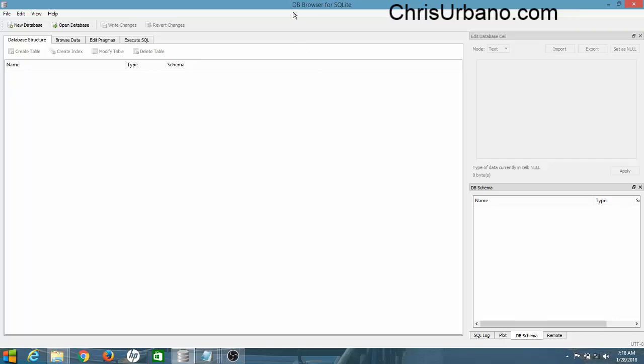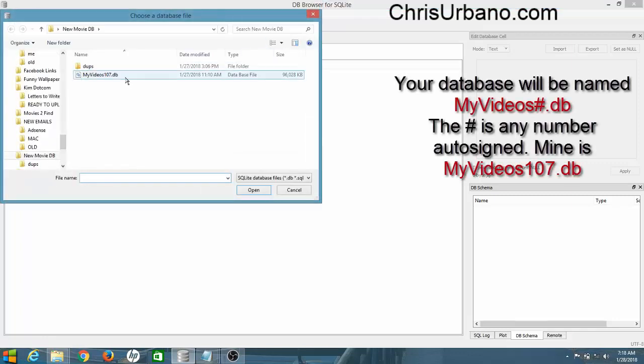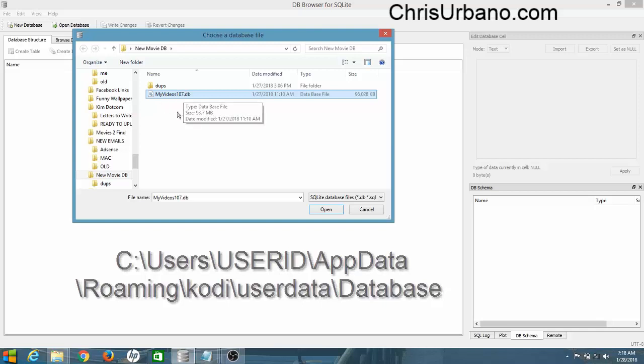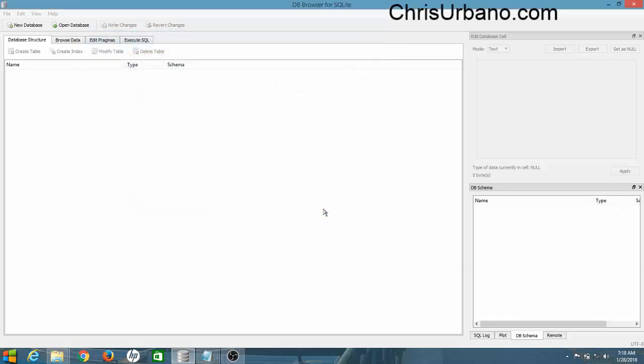The first thing you need to do is download DB Browser for SQLite. It's a free program. I am using the portable version, that way I can carry it with me on my USB drive. What I'm going to do now is open my actual database. If you don't know where it's at, I'll put the path right here below the screen for you, where you can find your Kodi database. So I'm going to open this up,